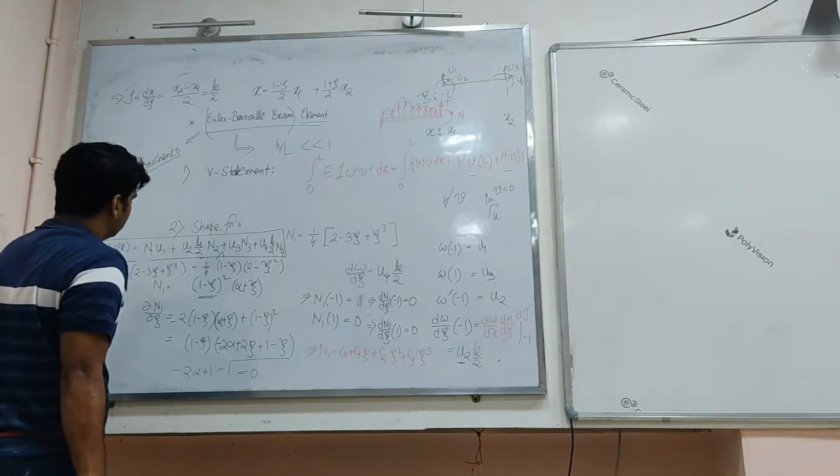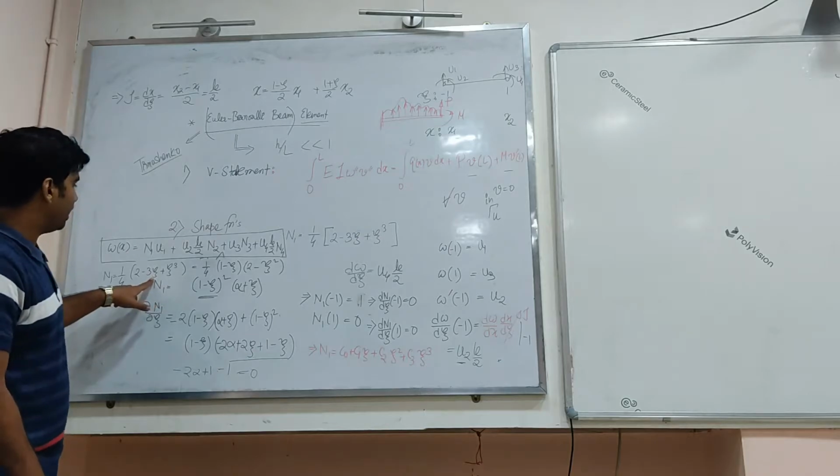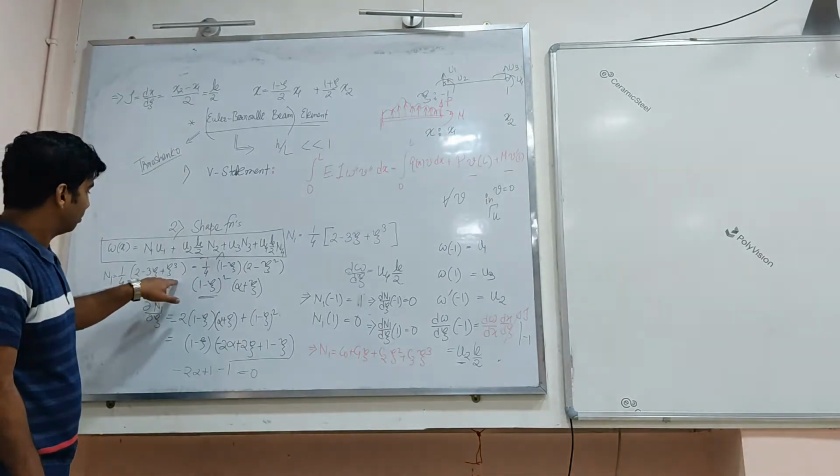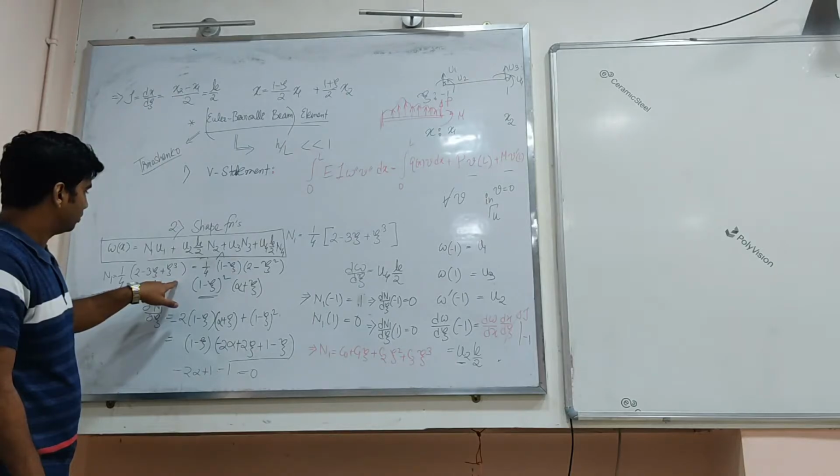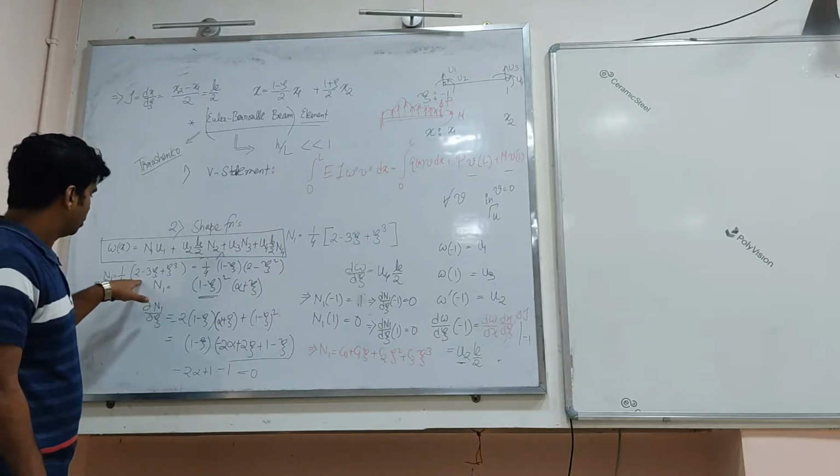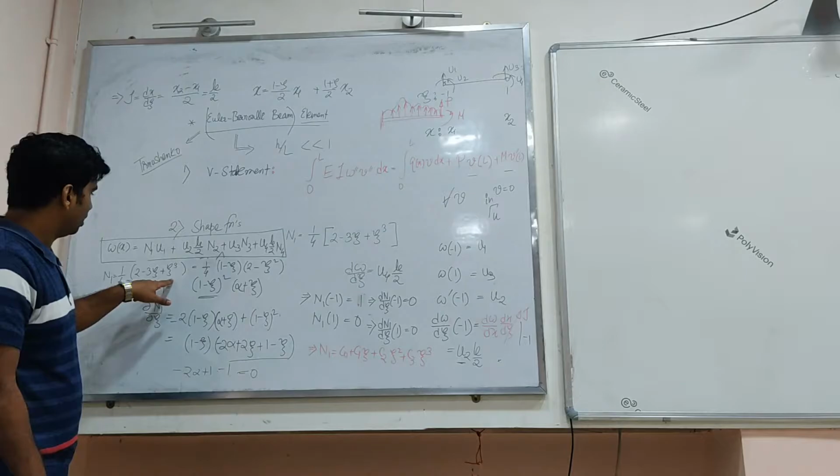Sir, the coefficient for the xi squared term is coming out to be 0, that is C2 basically. So 2 minus 3 xi plus xi cube. C0 is half and C1 is minus 2, that's what is coming out to be. So if I take 2 common, you are taking 1 by 4 outside, 1 minus xi, then xi times 1 minus xi. Yes sir, that's the expression we are getting.